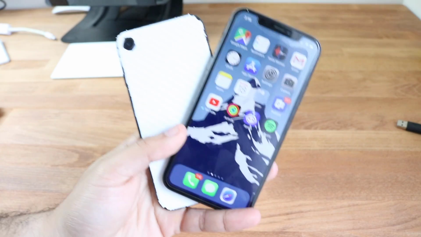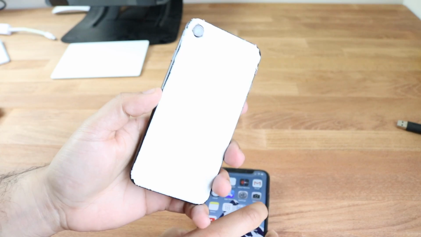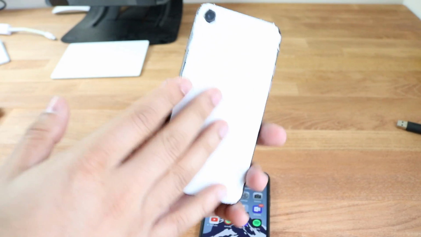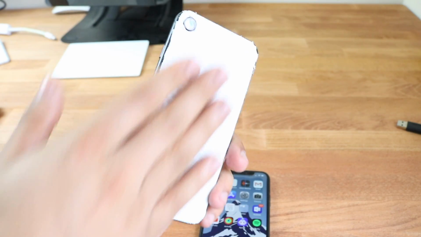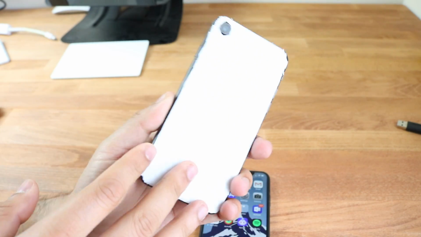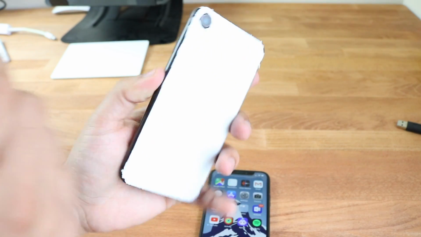What's up everybody, dude? I made a huge mistake. As you can see, I have the iPhone 10 here, but I have the iPhone 8 right here, and I tried to do this one thing. I got a new skin for my MacBook, and I had a little bit left over, and I put it over the iPhone 8, and I tried to make it look good, but as you can see, it looks horrible, and I'm actually kind of offended that I even thought this was good looking, so I'm gonna go ahead